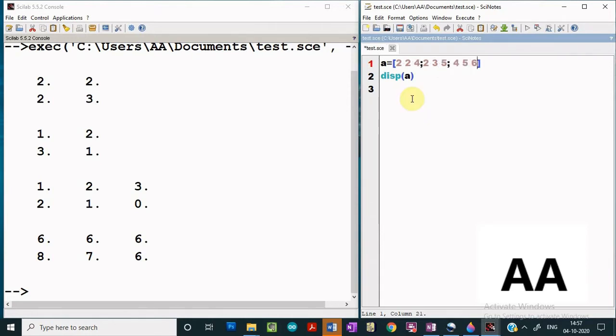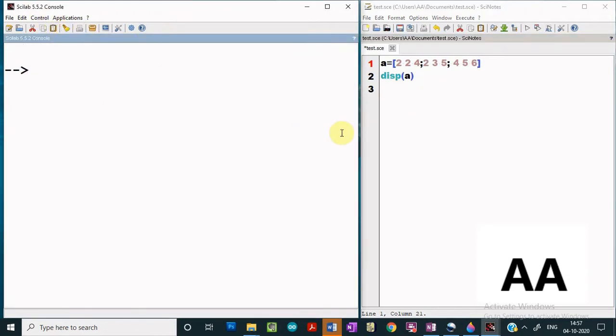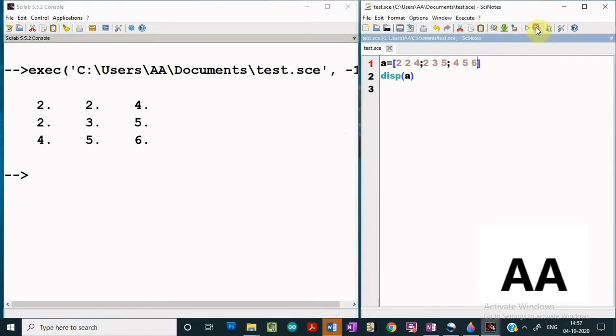Now we will learn how you can access any element of the matrix. Let us say I have defined another matrix A. Now we have 3 rows and 3 columns, so this is a matrix of order 3 by 3. Let us display this matrix. So this is the matrix A we have. Now say you are interested in a particular element of this matrix and you wish to access it. So how do we access a particular element?